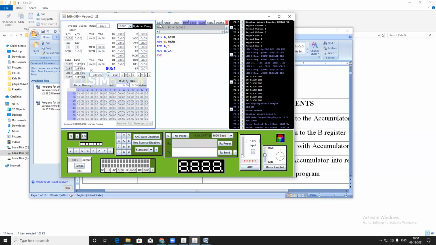So this is the program you have to run. Now I want to go to the program for the LCD display.